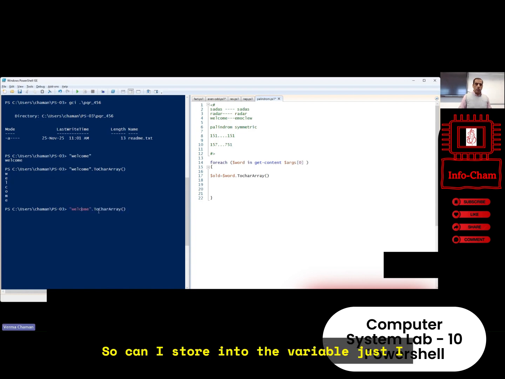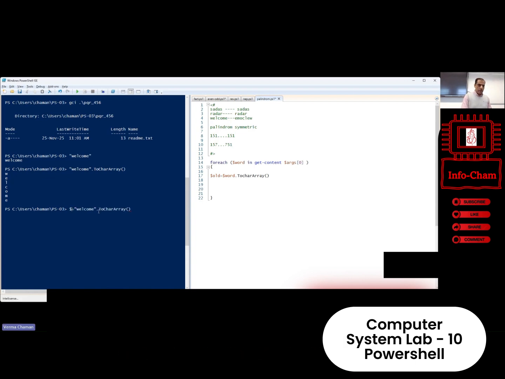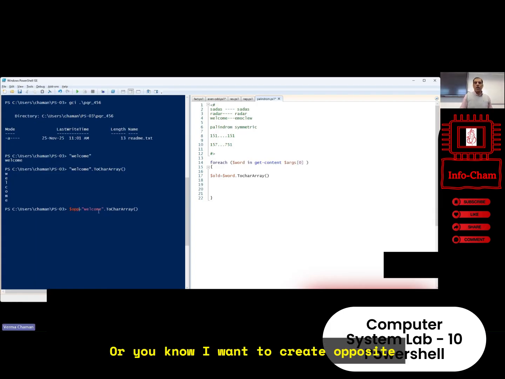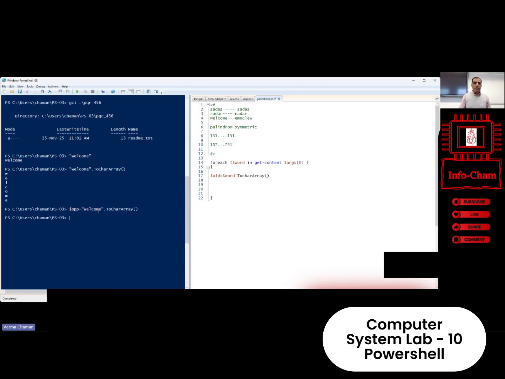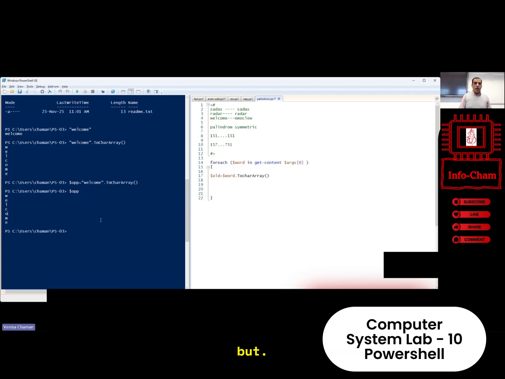So can I store it into the variable? Just I wanted to clarify here. I want to create the opposite word, or the new word. What will be the opposite word here? In that case, what is the value of the opposite? What should be the result? Same character array. True? Okay. But